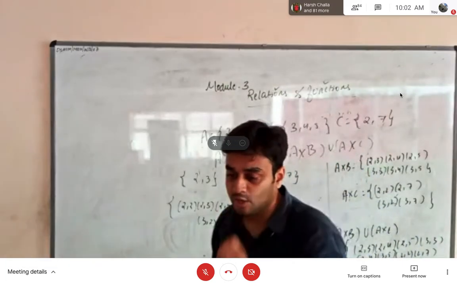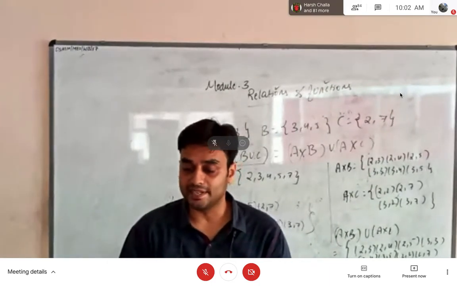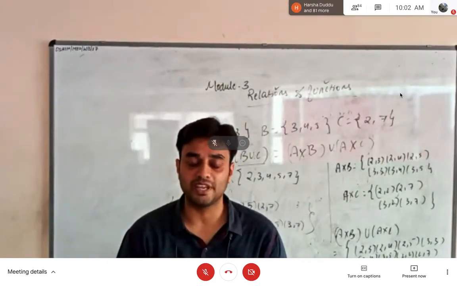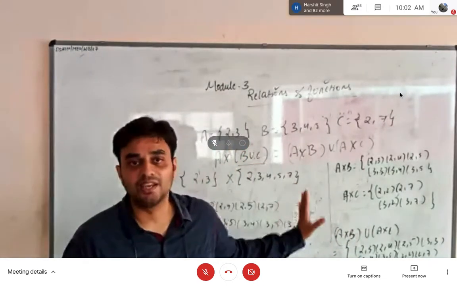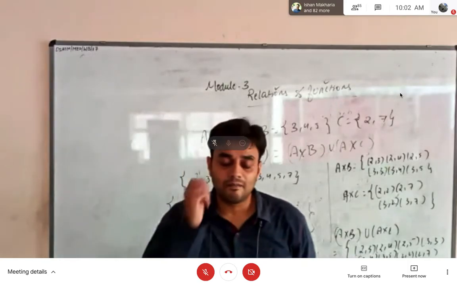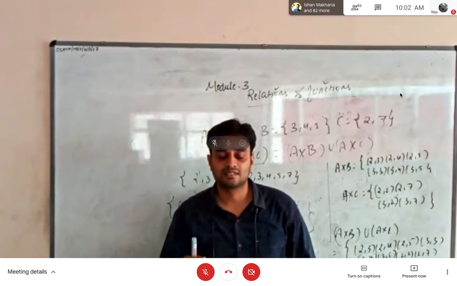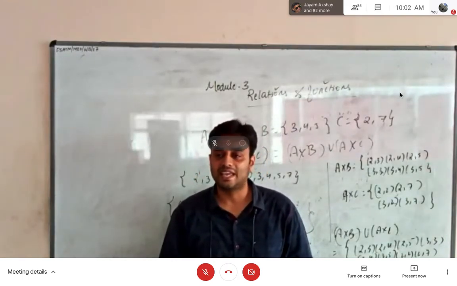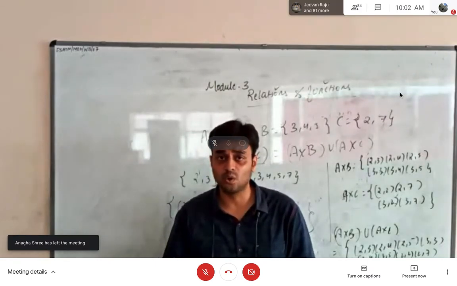When this question is given, what most of the students will do is they will just assume some elements for set A, some elements for set B, and some elements for set C, and they will solve in this way. Okay, this is exactly correct. You can solve it like that, but when they ask you in the form of a theorem, you cannot take some elements randomly, because that won't conclude as a whole.